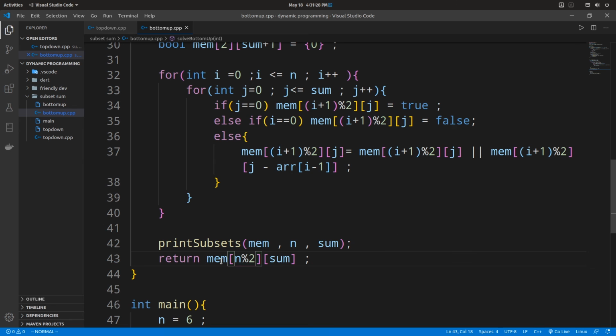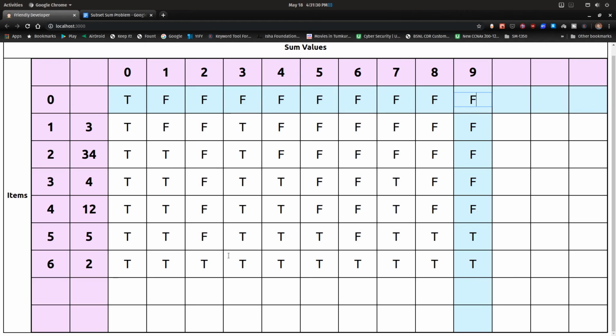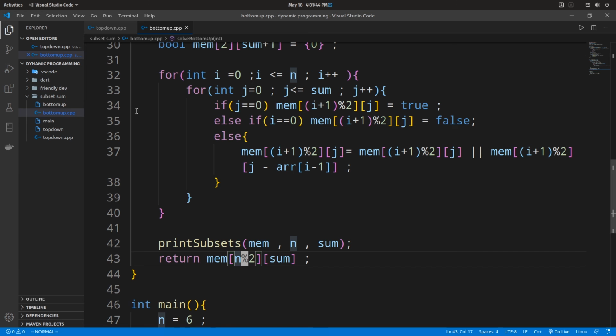So for example, if our n was 2, if we had only two elements in our total array, since we are not using this row, we will be circling back to the first row itself. So 2 modulus 2 is 0. That way we will be accessing only the first row.